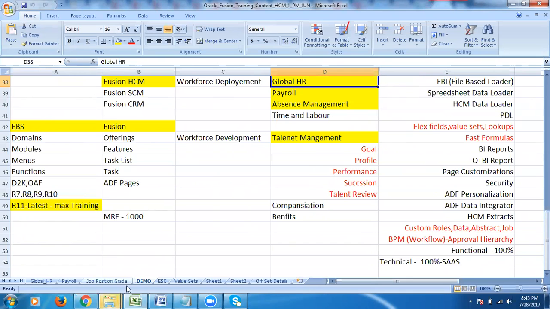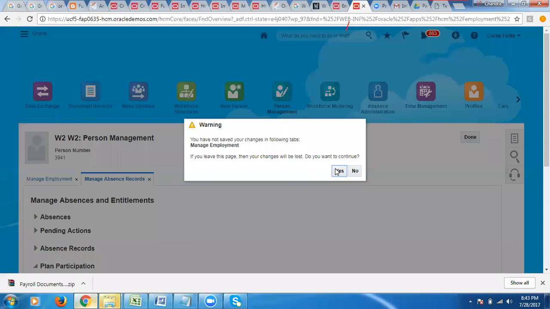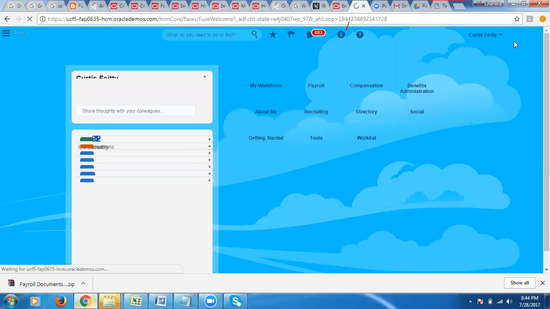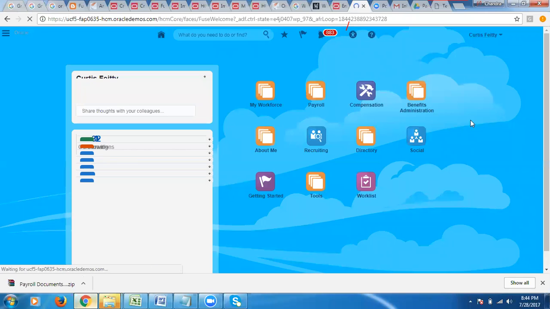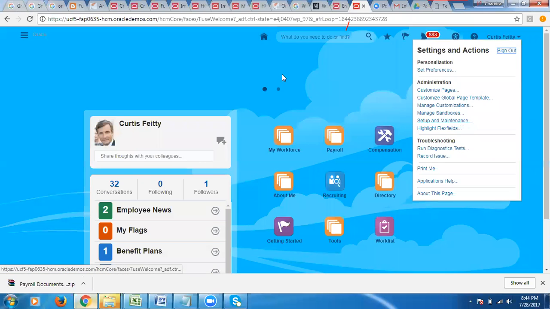But a few very important questions: let me go to the task, Manage Enterprise HCM Information. What is the difference between worker number and person number? Is worker number mandatory or is person number mandatory? Where do we find that?